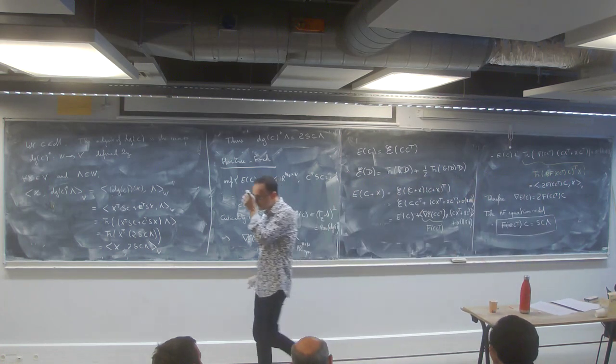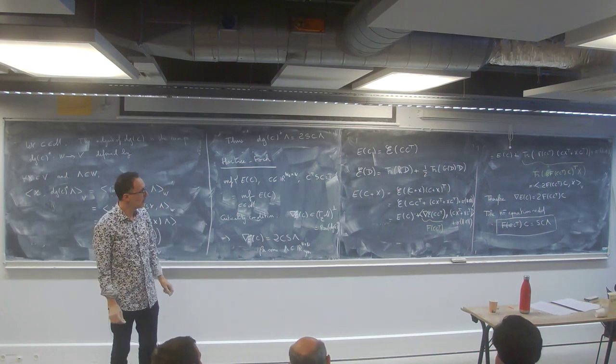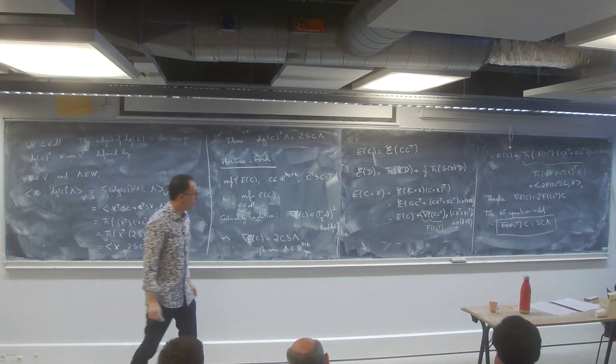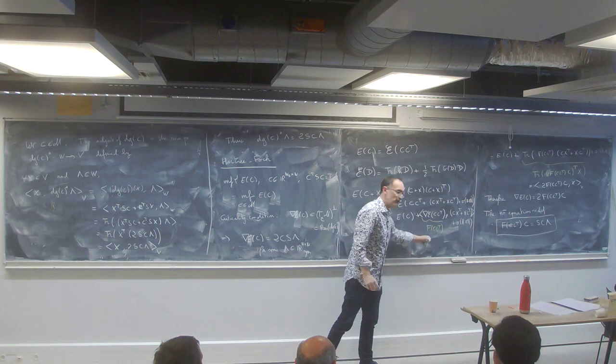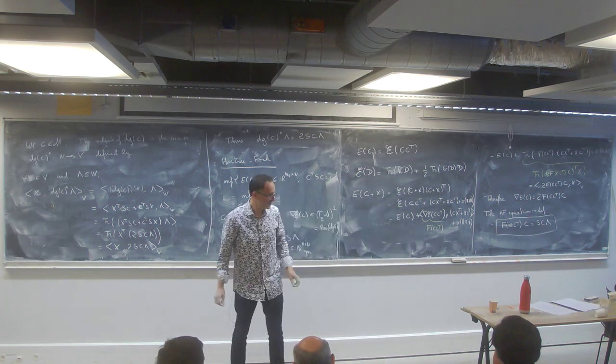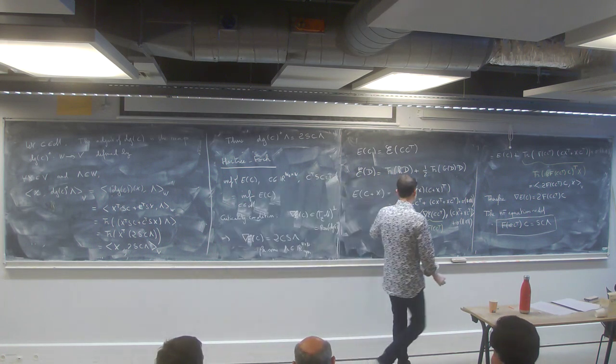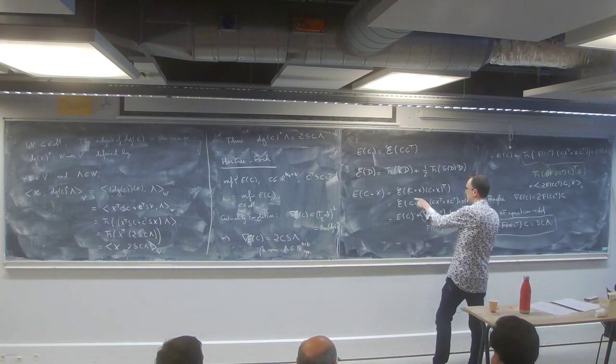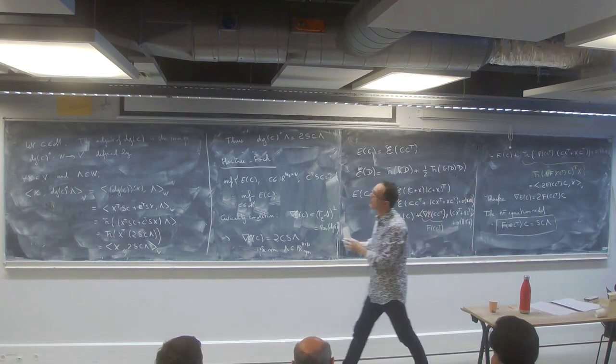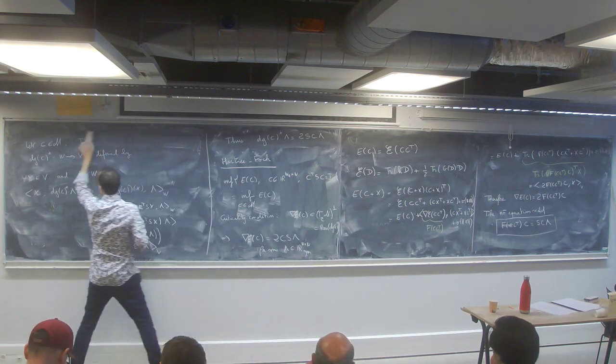Okay. Now I just have to check that the F is in fact the Fock matrix. But this is easy because what is that? This is the gradient of E, okay? And the gradient of E